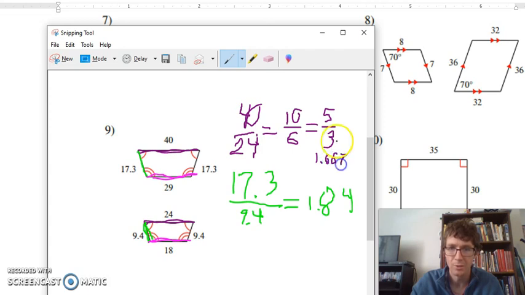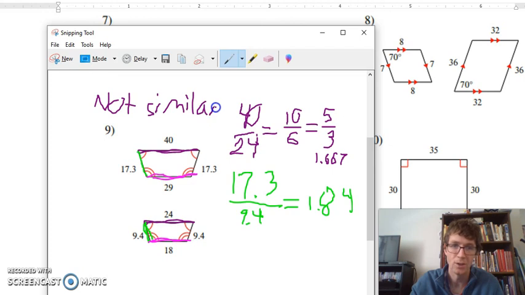You could round it somewhere, but either way, these are clearly different ratios. So at this point, you could stop and say not similar. If you realize that they're not similar, you don't have to check every ratio. Once you know that 2 of them don't match up, you're done at that point. So I just did 1